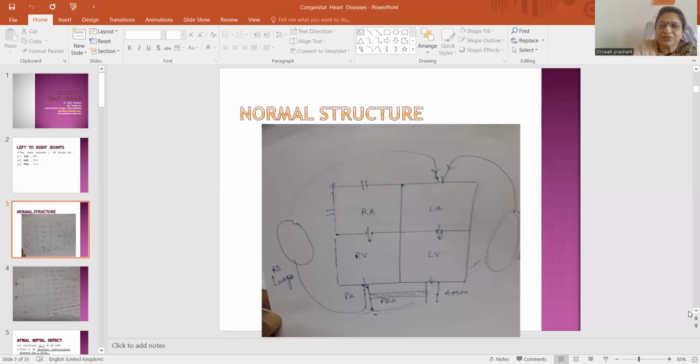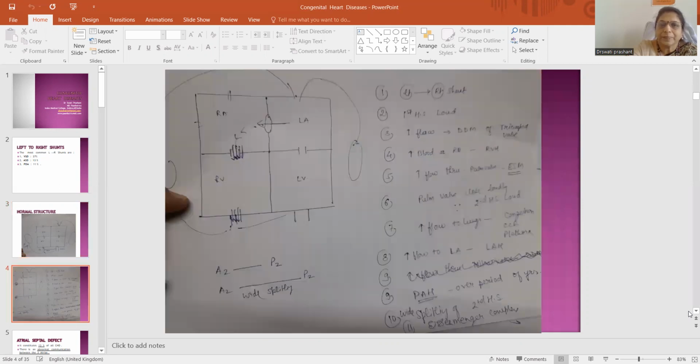The normal structure of the heart, the box diagram: right atrium, right ventricle, left atrium, left ventricle, the blood going through the pulmonary artery to the lungs and from the lungs to the left atrium, and blood from the left ventricle going to the aorta. The connection between pulmonary artery and aorta is the PDA, if it is patent. Now left to right shunt in case of